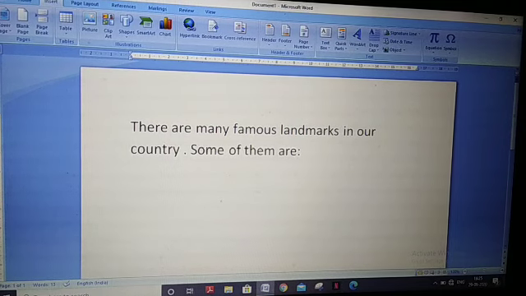'In our country' was not written there, so place your cursor wherever you have to insert new text and then start typing.